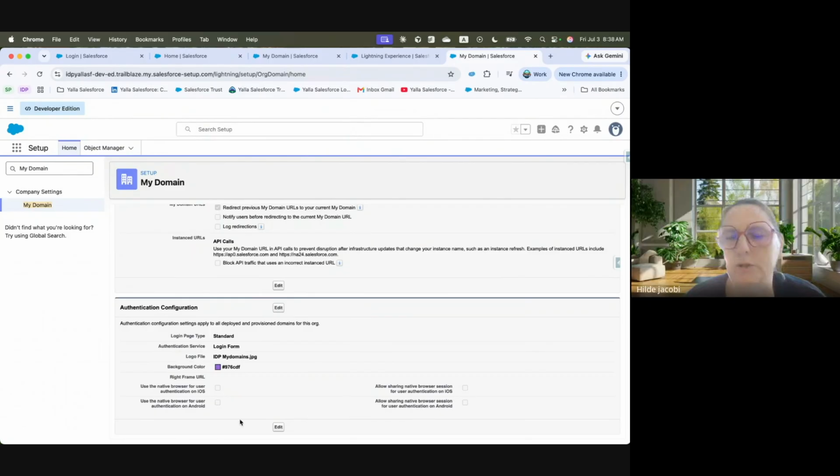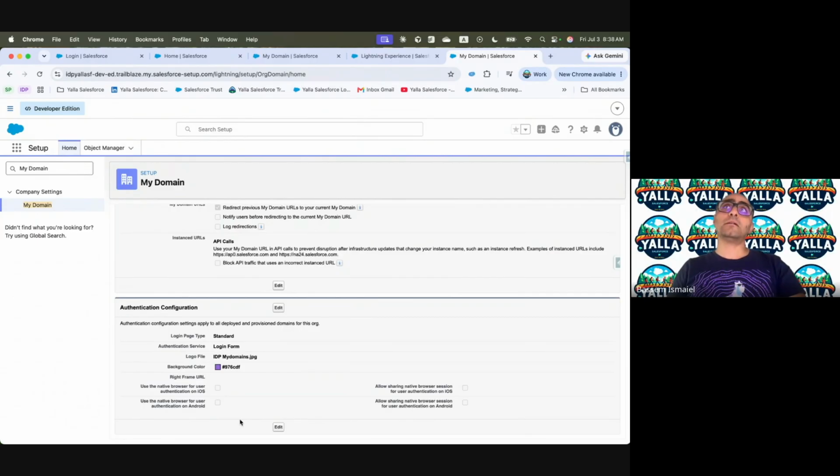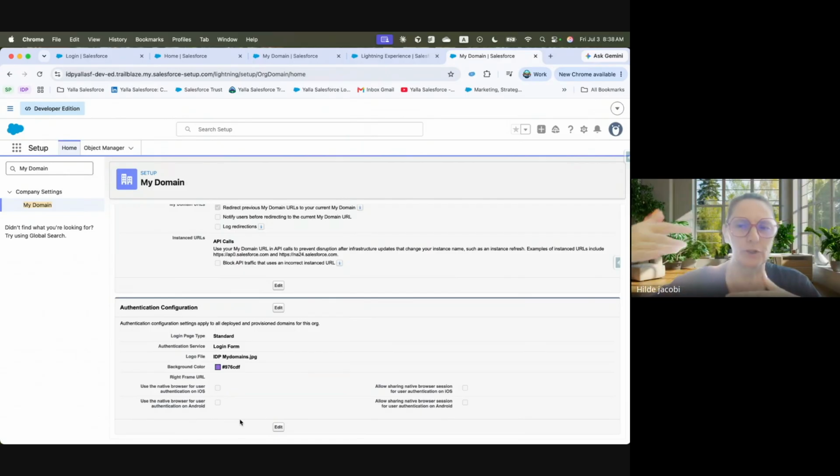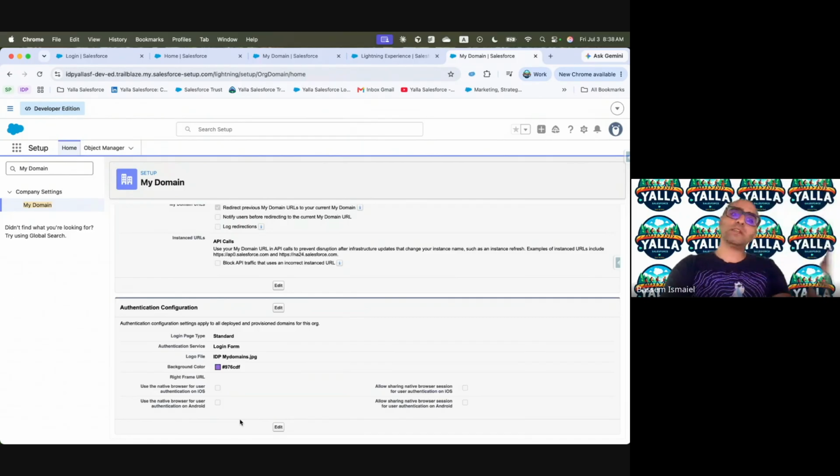I wanted to be sure because, when you change the domain, it's still free. Yeah, you don't have to pay because it's inside Salesforce. So it's like a subdomain inside Salesforce. It's not like when you buy a domain for your company. So this is different because you just change a part of it. Exactly. Okay. This is a subdomain under Salesforce.